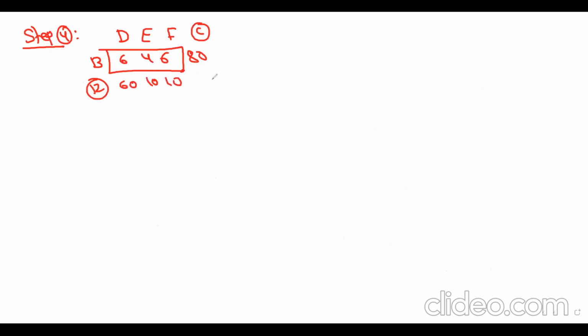Penalty is the difference between the least and next least costs, not capacities and requirements. Here the least element in the row is 4 and next 6, 4 and 6 is 2. And going column-wise, we have only the least element 6 and no next least element. So obviously the penalty is the same as the cost: 6, 4, 6. Now among these, the highest penalty 6, we got a tie.